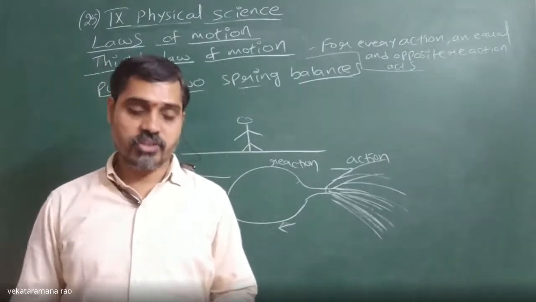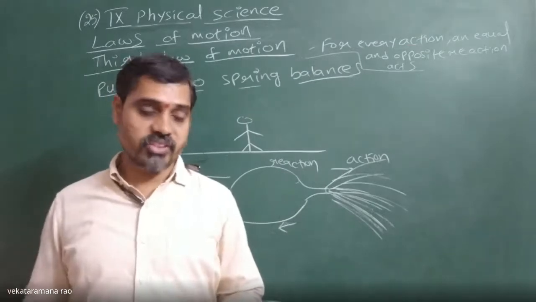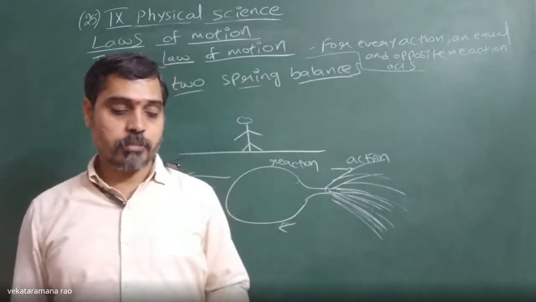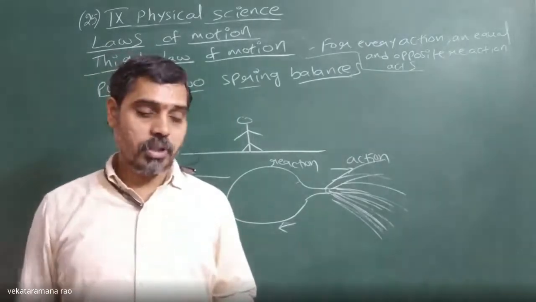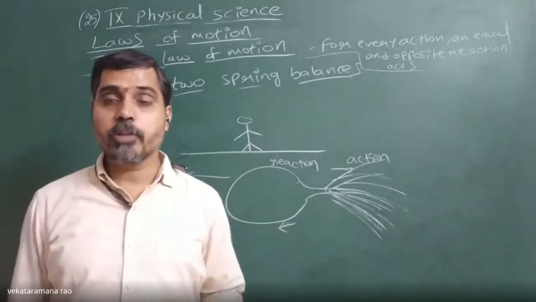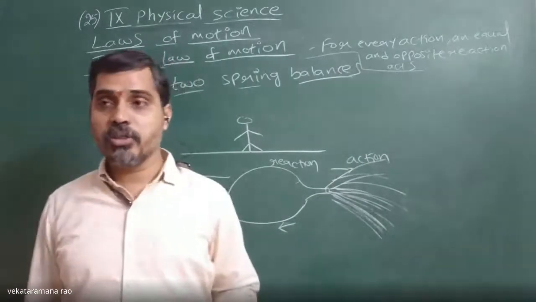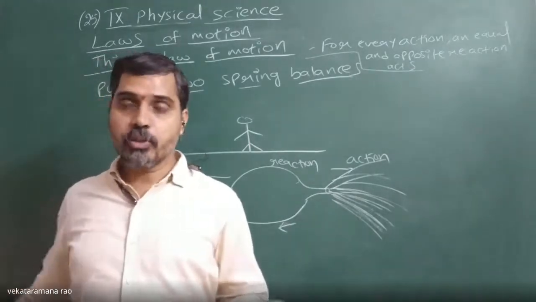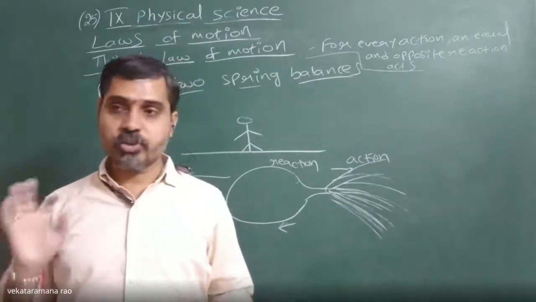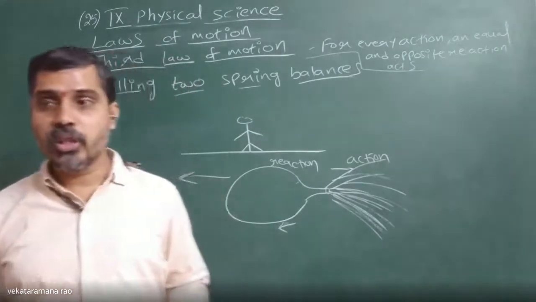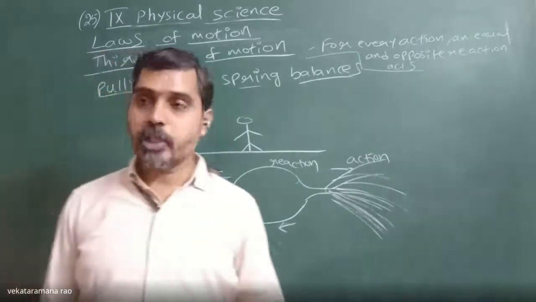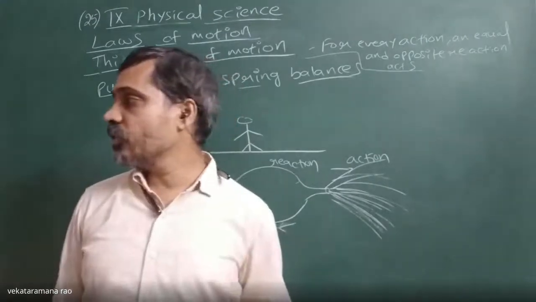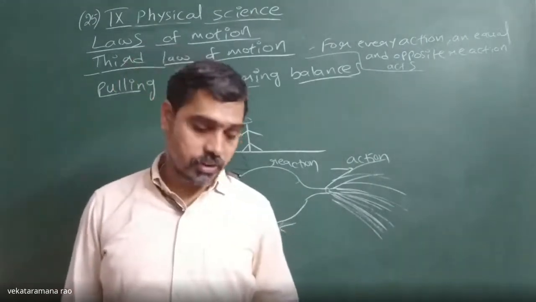When birds fly, they push the air downwards with their wings, and the air pushes the birds in the opposite direction. The force applied by the wings of the bird on air is action, and the force applied by air on the birds is known as reaction. When a fish swims in water, the fish pushes the water backwards, and the water pushes the fish with the same force but opposite in direction. The force applied by water on the fish is reaction, and the force applied by the fish on water is action.